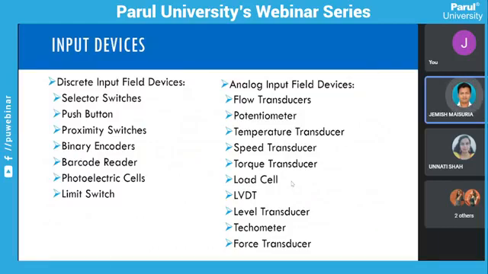A selector switch, push button, proximity switch, binary encoders, barcode readers, photoelectric cells, and limit switch are your digital inputs, whereas analog inputs are the flow transducer, potentiometer, temperature transducer, and speed transducer.